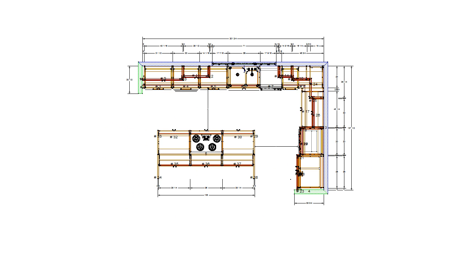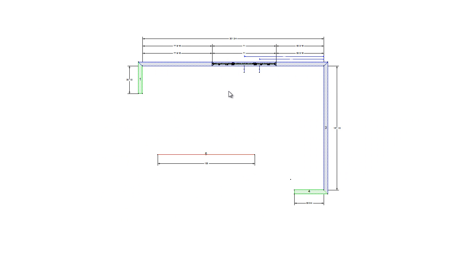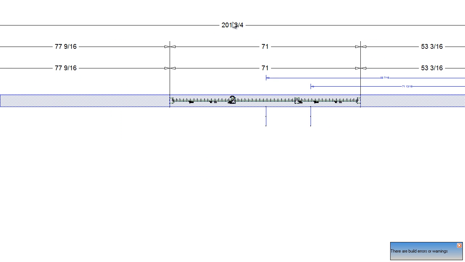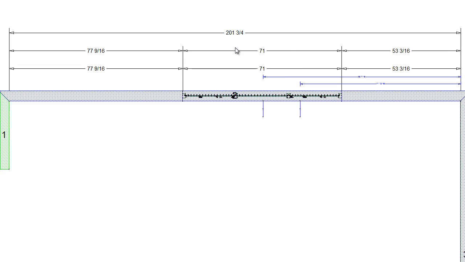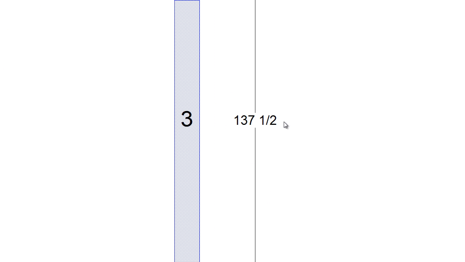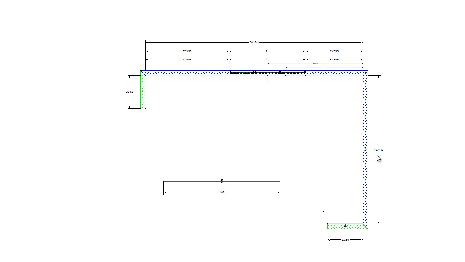Plan view here. And I'm going to erase all the cabinets. To get started here, what we're going to do is we're going to measure out our walls. As you see here, I got 201 inches and 3/4. I just put some random dimensions in here. This is not a real project, but I wanted to show you how our custom cabinet sizes will relate to